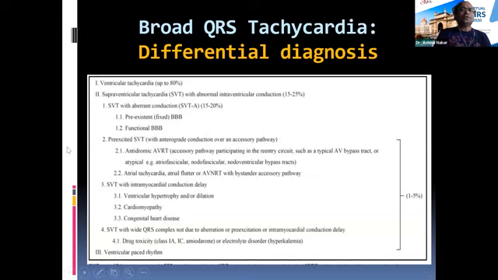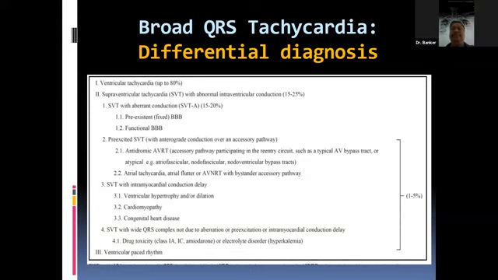Now, this slide actually shows you that VT remains the most common cause of wide QRS tachycardia, but there are other reasons when a SVT can be broad, like for example, when it conducts with aberrancy to the ventricle. So the rhythm originates in the atria, but it conducts with aberrancy. At times it can conduct through an accessory pathway, and then it can be a wide QRS tachycardia. And many a times the delay is not in the conduction system, or it's not accessory that conducts to the ventricle, but there could be a scar in the ventricle or delay in the conduction to the ventricle, because of which the QRS is wide.